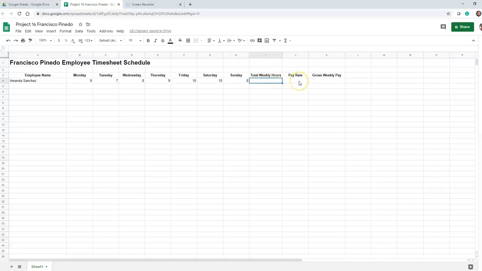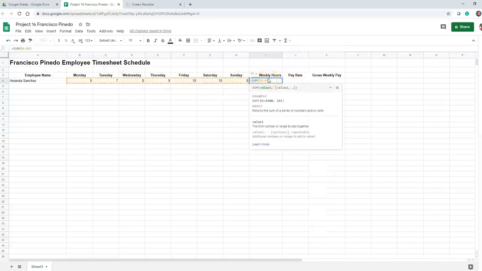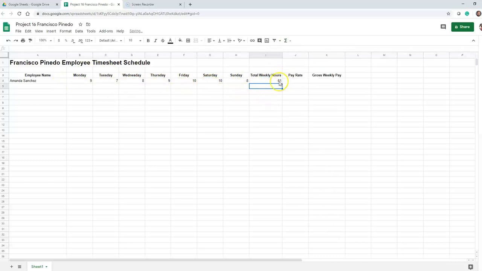So para evitar que el número brinque aquí, for the number to jump there, we highlight the numbers, los números, así, solamente lo que tenga número, and then we do function, and then sum, and it's going to add them right here, and then you press enter. From here, de aquí, now we're going to go down. So vamos a bajar todos los